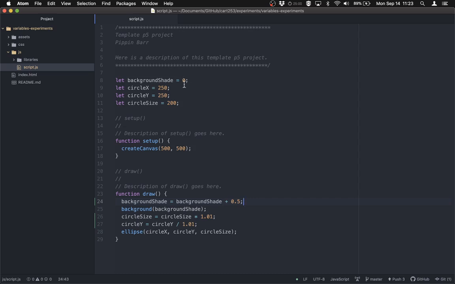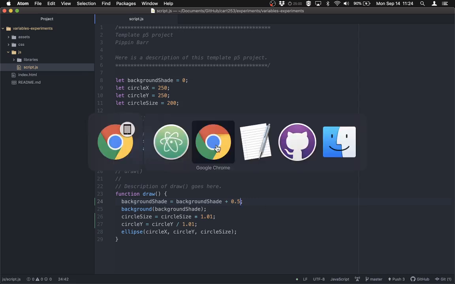We know that 0 is black, and we know that bigger numbers are closer to white. So if we keep adding numbers to the background shade, we are going to get brighter and brighter backgrounds. So let's go see that happening. Reload. You can see, although my circle is a little bit domineering there,